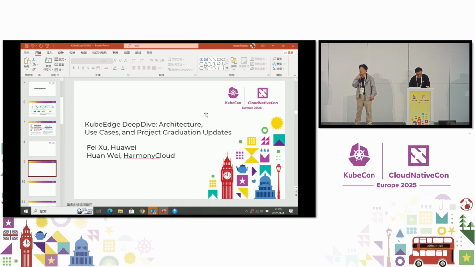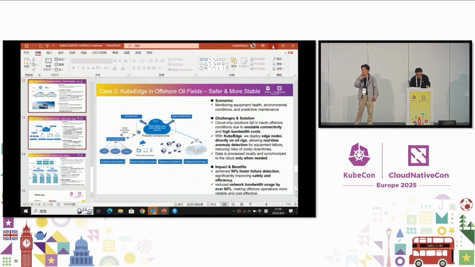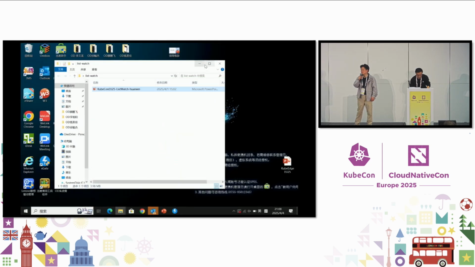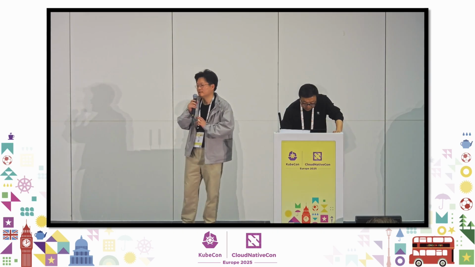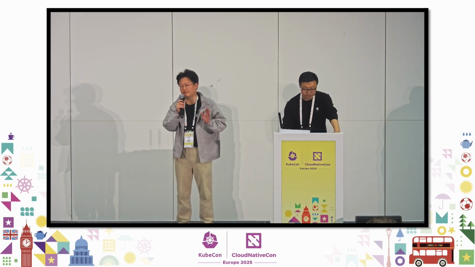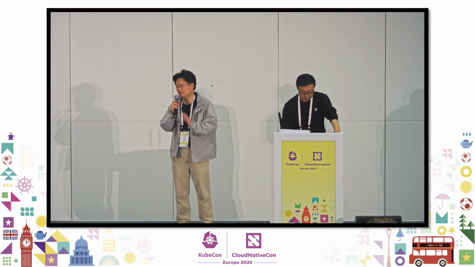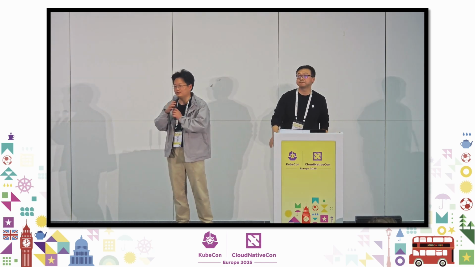But after, let's say, 6 months, you have to put an update. Or do you have internet connectivity constraints? Does the customer say that you only have this window when you can update it? You cannot do it every 6 months or 3 months. So KubeEdge is designed to address these challenges, especially the weak internet connectivity between the edge and